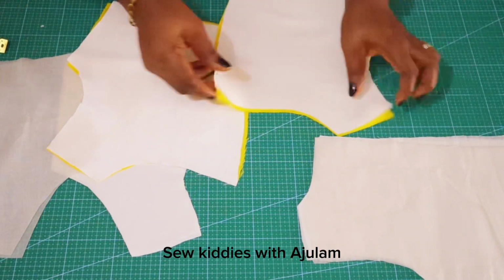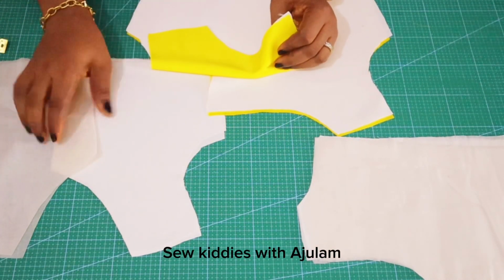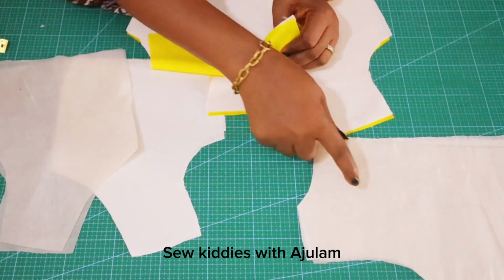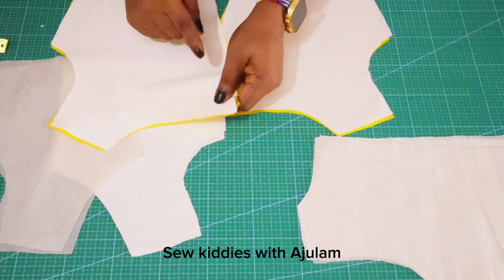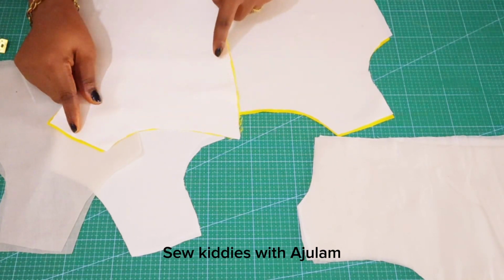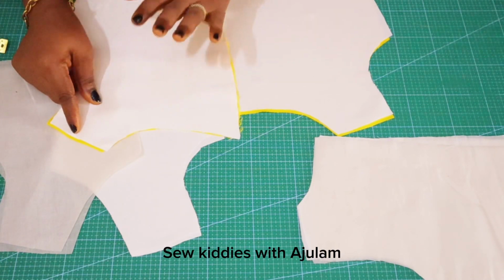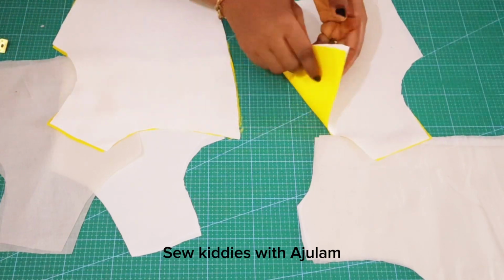So the first thing to do is to sew the neckline. You can see this is the V neckline and the lining, and this is the back one with the lining. So the first sewing to do is this one with the lapel. The first thing to do is to stitch it from this neckline all the way down to the waistline using the sewing allowance that you added, and then I'm going to repeat the same on this other side and then give it a very